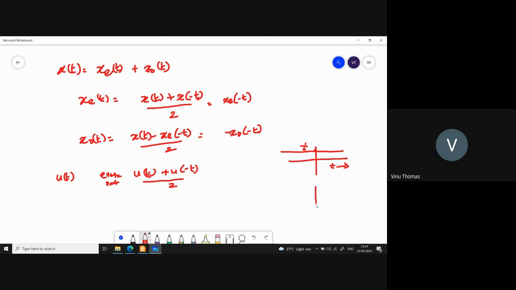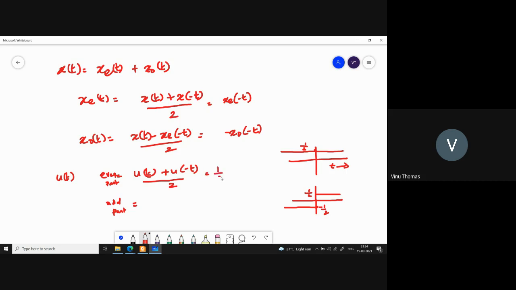Likewise, you can write down the odd part of u of t. Odd part would be u of t minus u of minus t, and u of minus t would be like this. And you have to divide this by 2. So this is 1 by 2 and this is minus 1 by 2. And the odd part you write as equal to,